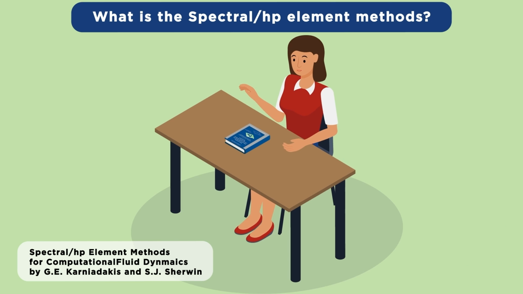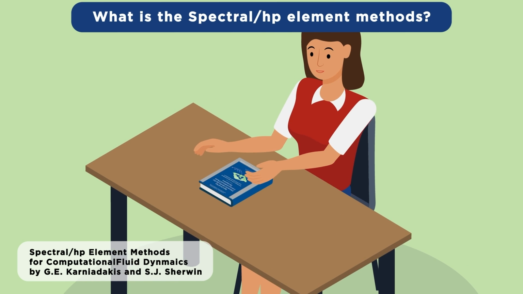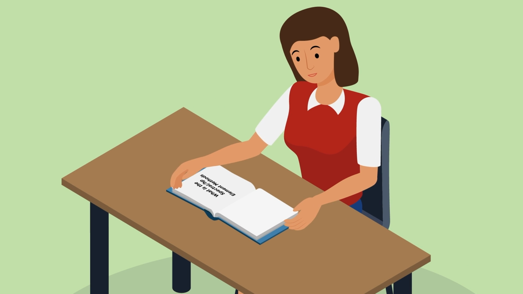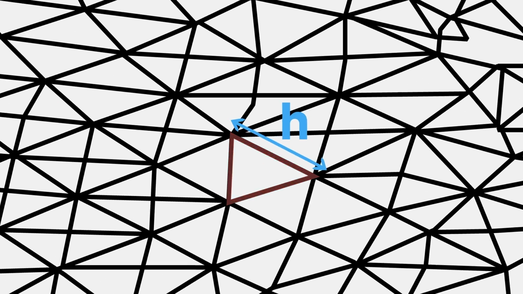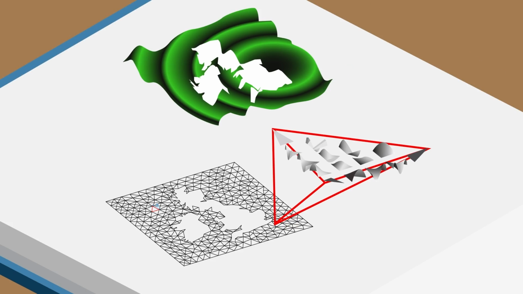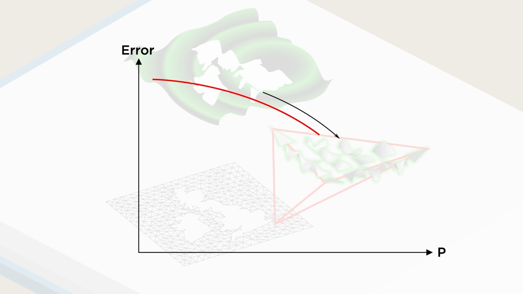So what is the spectral HP element method? It is a class of high-order finite element methods using elements of size h to tessellate a computational geometry while approximating the variables in each element with a combination of polynomials of order p. The technique offers the flexibility of low-order methods in discretizing a complex geometry alongside high accuracy and the exponential convergence